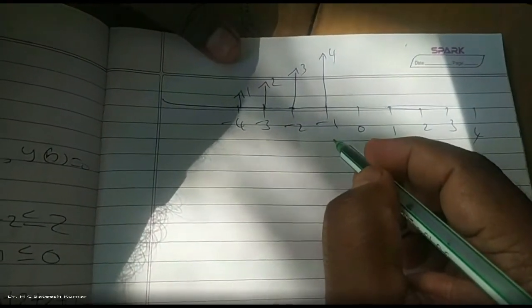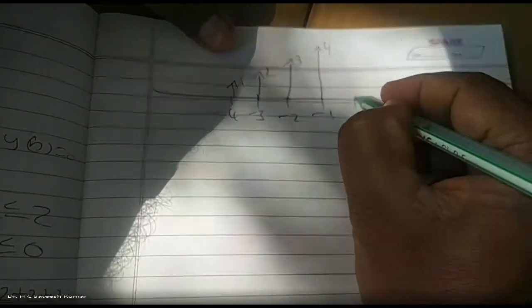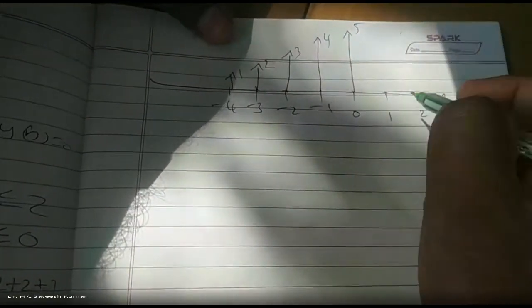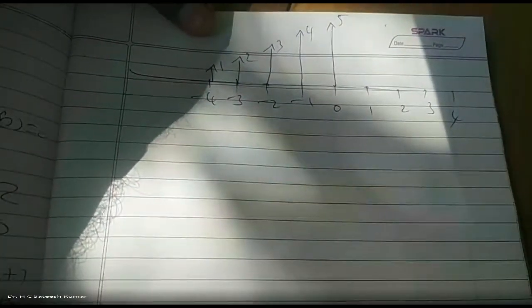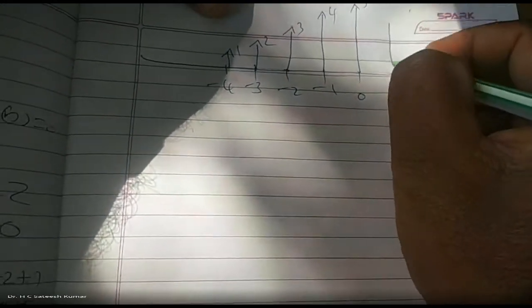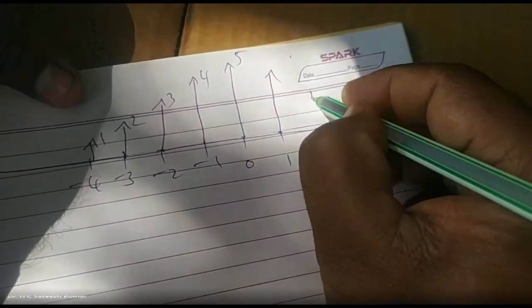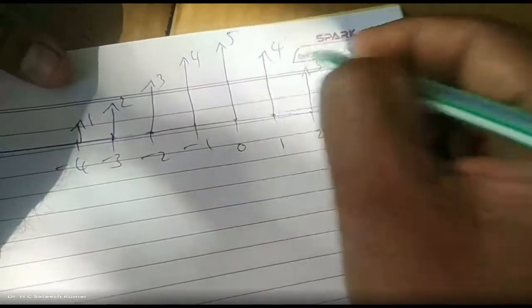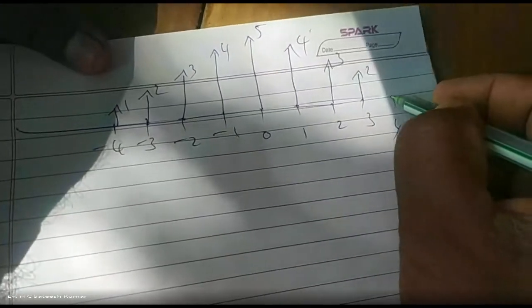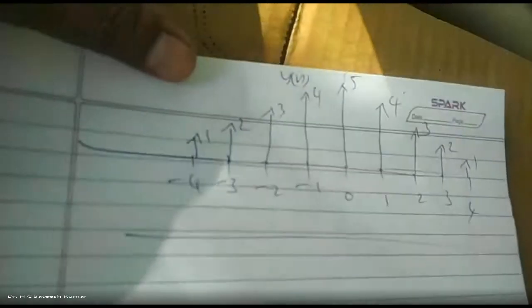And 0, 5. And 1. So after 0, 5 we will get, 1 means 5 minus 1, 4. Next case it will come to. Okay. 0 to 4, it is the next case we will get. Okay, right. At 2, its value is 3. At 3, its value is 2. At 4, its value is 1. Beyond 4, it is 0. This is the sketch of your signal y of n. Okay. That's how we should do it.